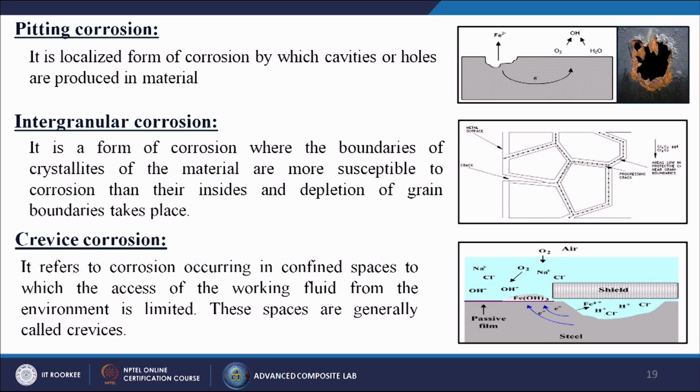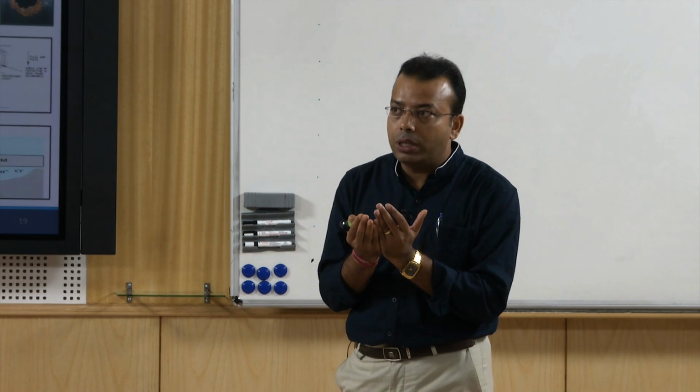The second one is intergranular corrosion. Generally we see this kind of corrosion when we make alloy or composite materials. The corrosion can take place at the crystal structure or the granular side of the material. The material has two phases, made of two or more different materials, so maybe there is some weak adhesion between the metals, or some kind of phase separation between the metals.